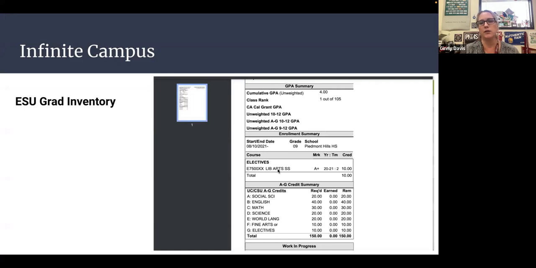It shows you this particular student is at the beginning of their 9th grade year. You see here that they took a study skills class in summer school. But you see how here where it says earned, it's all zeros. It's because they're in the first semester of their freshman year, and they haven't completed it because the semester is not over. Remember, the ones that go on the transcript are the semester grades, not the progress report grades.